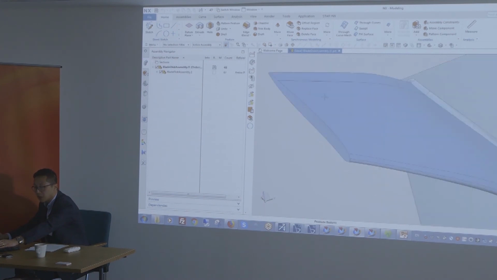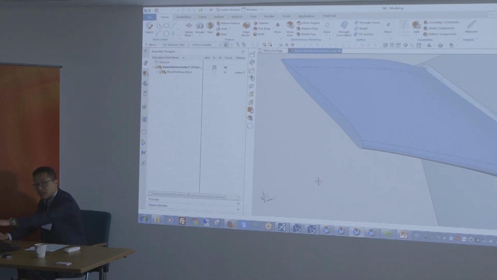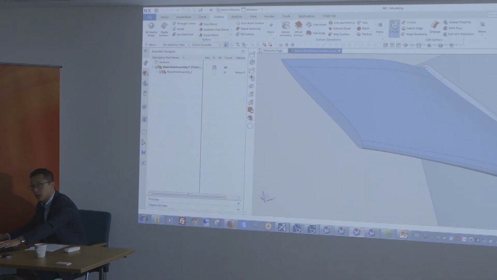let's try changing the curvature of this face, which is not typically easy, especially in this case, since the blade was imported from third-party software. You don't always have the history tree. So can you directly play with the topology and change that? And we can, using our advanced surfacing tool here.